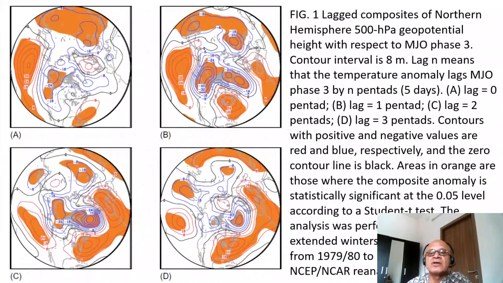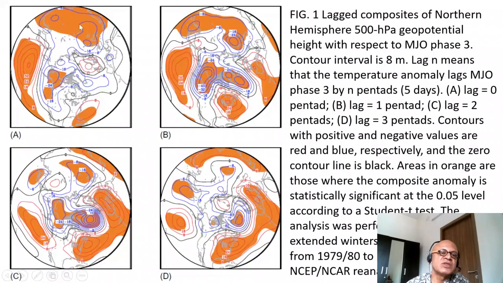Similar figure here done with lagged composites of northern hemisphere 500 hectopascal geopotential height with respect to MJO phase 3. So again, that corresponds to a certain location of the heat source convective phase of the Madden-Julian oscillation in the longitudinal position. Remember, 1, 2 are in the Indian Ocean, 3 is over the maritime continent again. Contour interval, so this is done as a lag of 5 days, 10 days and 15 days,